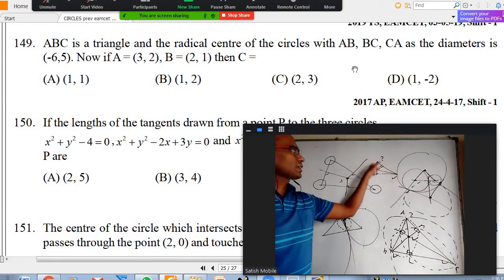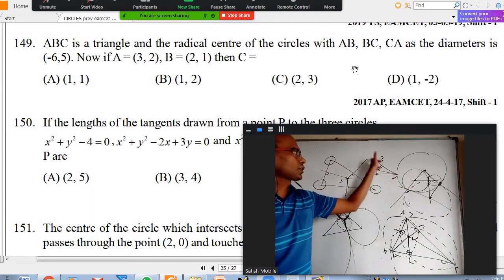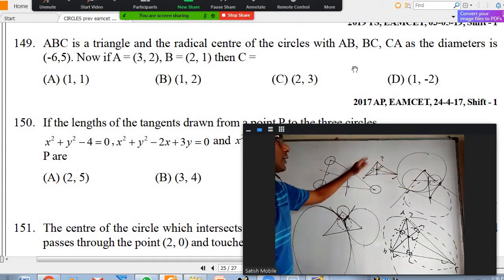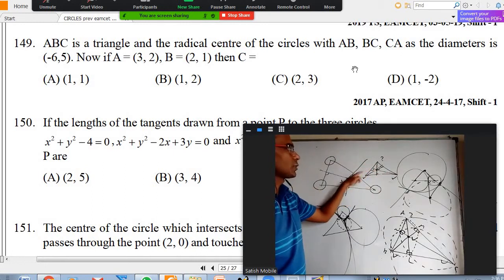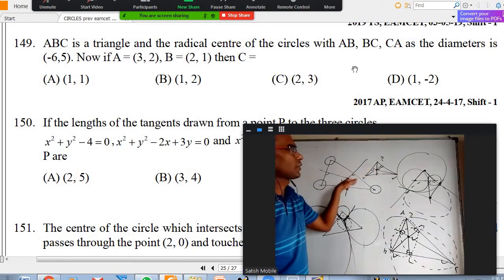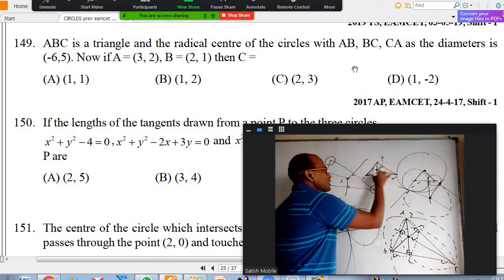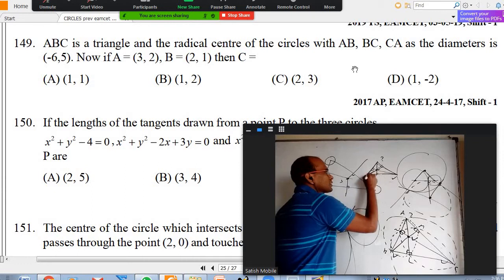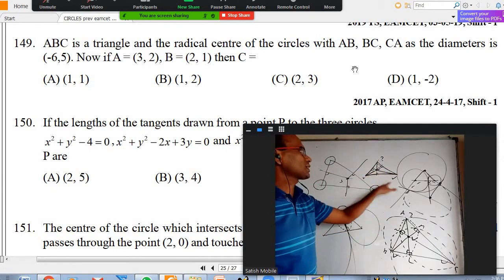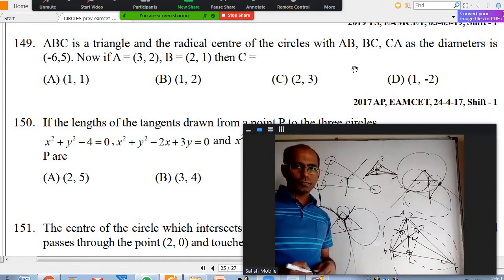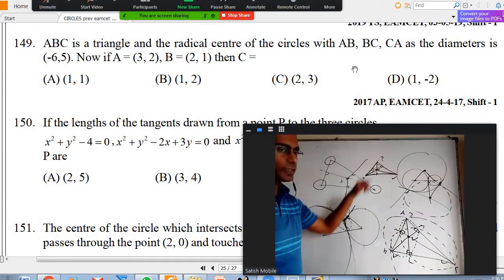Can you find this line equation? Yes. You know these 2 points. You know this slope. You can find this slope. You know the point. You can find this line equation. And can you find this line equation? Yes. You know these 2 points. From that you know this slope because they're perpendicular. You know this point. You can find. So all these will get this point. Actually, for this triangle, this is orthocenter, and for this triangle, this is orthocenter. For HBC triangle, A is the orthocenter. Orthocenter will be outside the triangle. Okay, so you can find that.